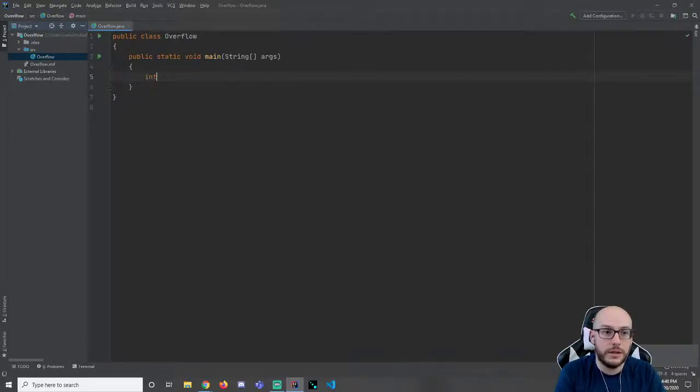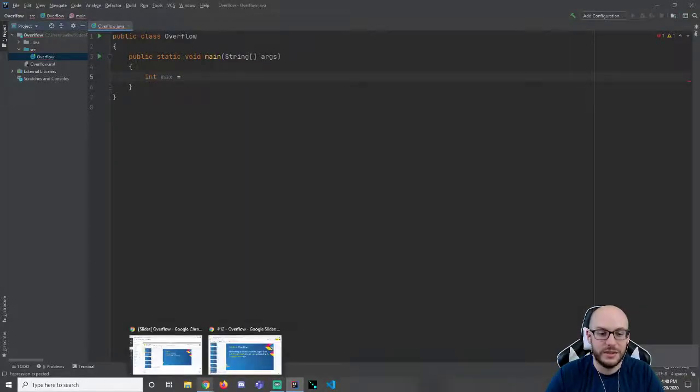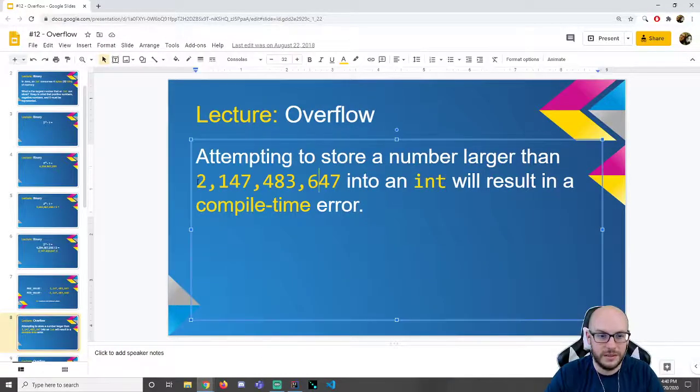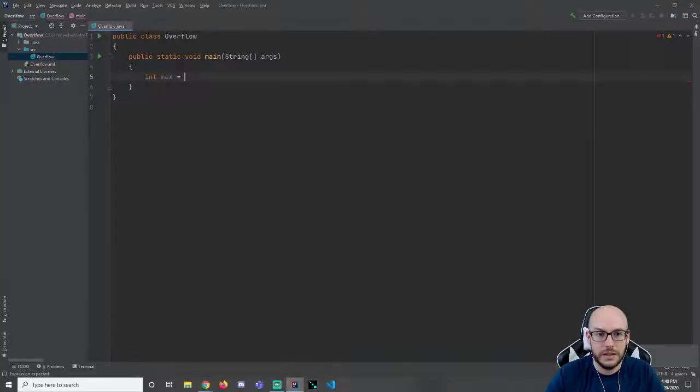And I'm going to create an integer. I'm going to call it max, whatever. And we're going to try to save in the max value of an integer. Okay. I'm going to pull it from my slides. I'm going to grab this. And you know from previous lectures, previous slides, that we can't have commas. So let me take those out. But I'm telling you, this is the max value of an integer. Notice that I'm saving this in,